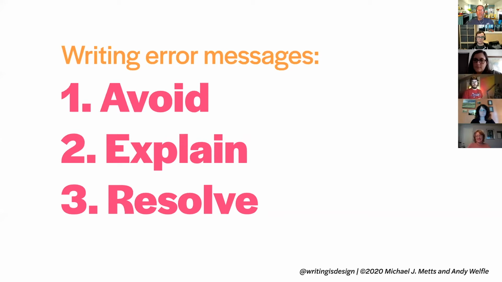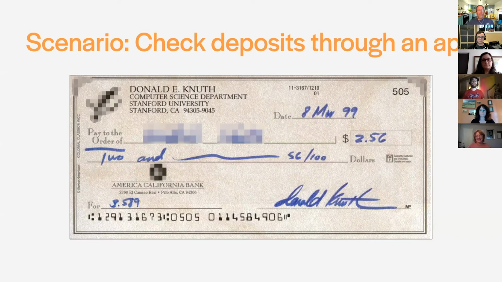I'll give an example scenario of making check deposits through a mobile app. And this is incredibly relevant now. I had no idea how relevant it would be when we put it in the book, but it's now significantly more dangerous to go to a bank, right? So people are using this feature far more than they used to. But even before COVID-19, Bank of America said more people were depositing checks through their mobile app than through physical branches. So this is a technology that has really taken off. So let's look at how the principles avoid, explain, and resolve can apply in one of these flows.